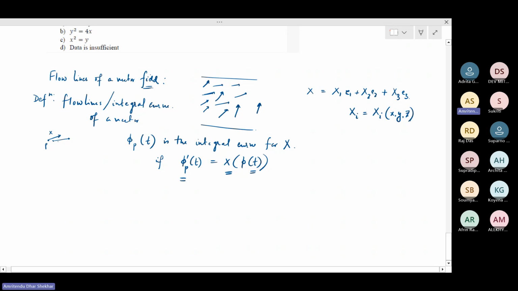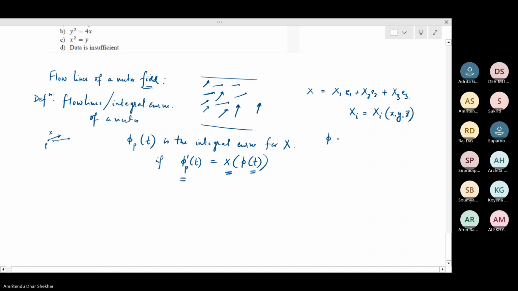Then an integral curve would be a curve which satisfies this relation. Maybe you write the integral curve